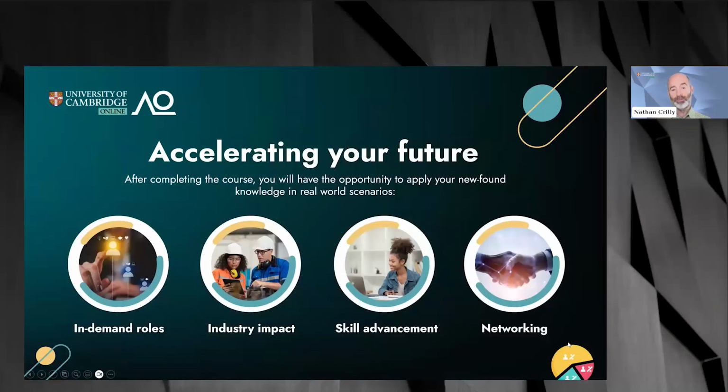So those people from those different backgrounds, what they tend to take away from the course is they're more able to apply for or move into these very high demand or in-demand roles, for example, leadership levels. They can have more impact in the industry they work in because the solutions they develop have been better tailored to the actual people who will work with or who need those solutions. It's part of their general skill advancements. They might be developing their skills in creativity alongside skills in communication or management or other aspects of their work.